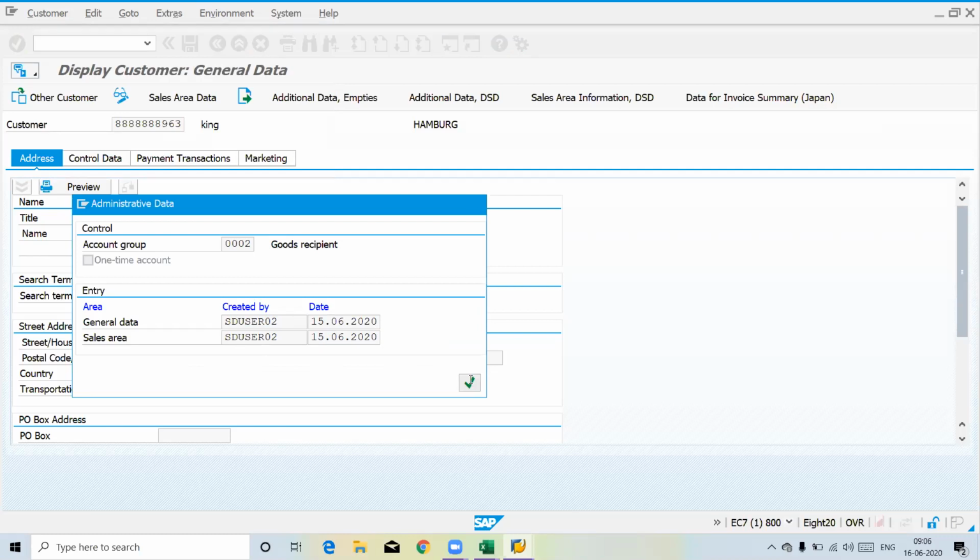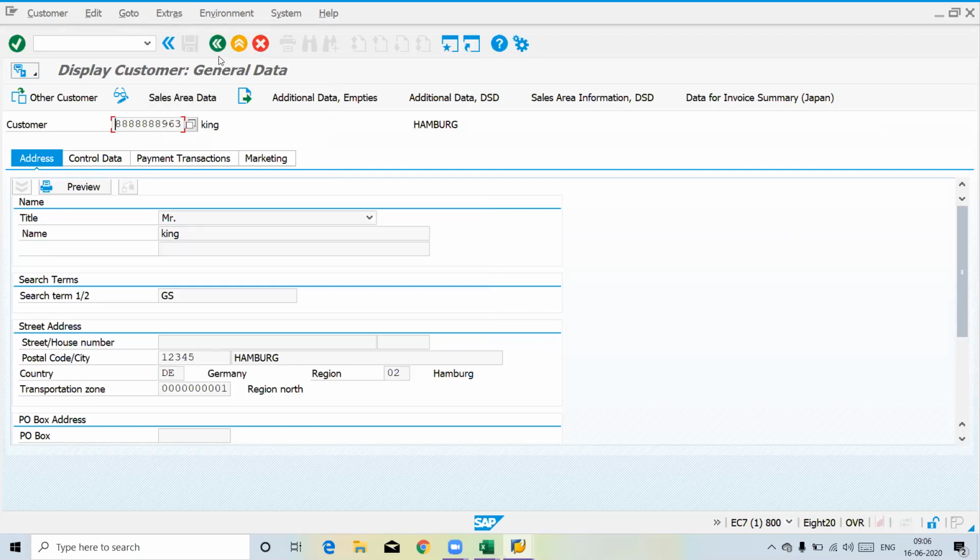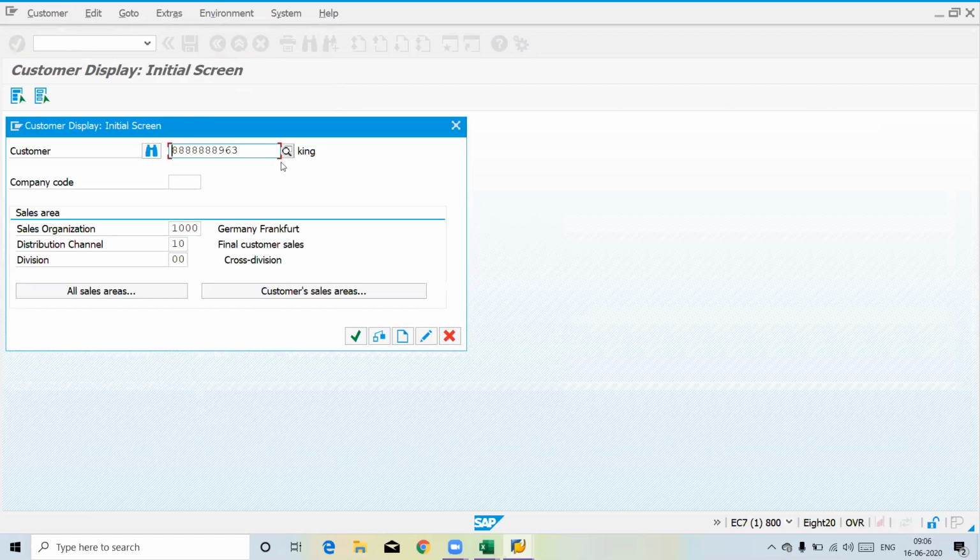Today we can clearly understand that the account group is the element controlling your customer master data as a prime element. Why?